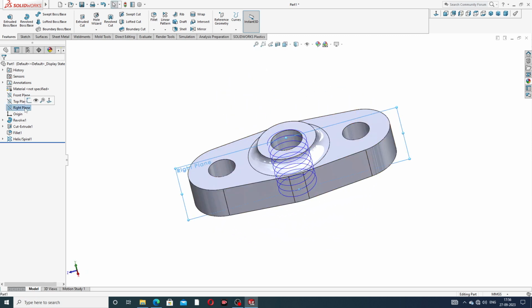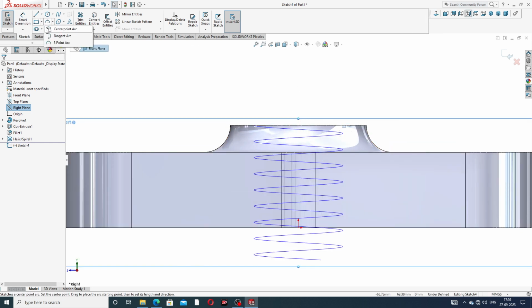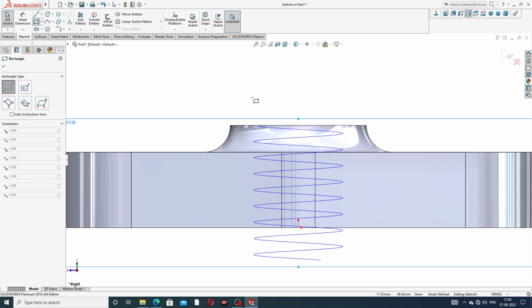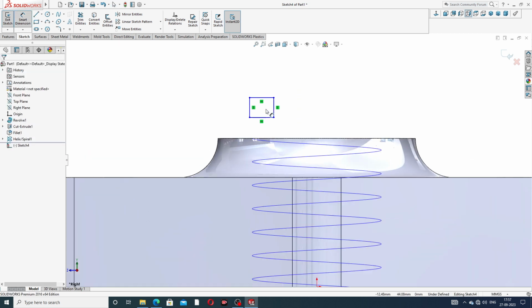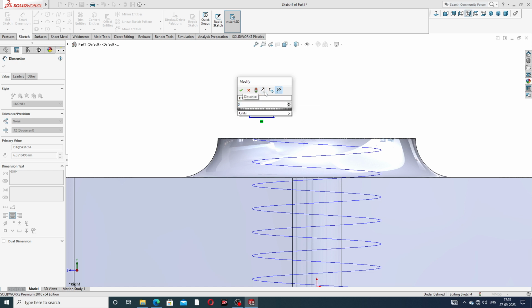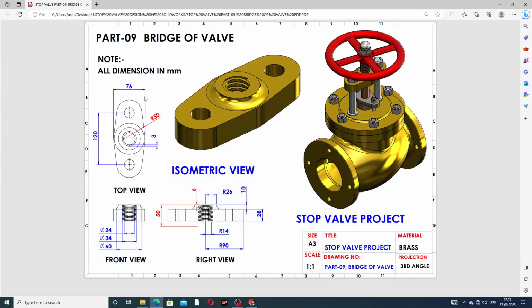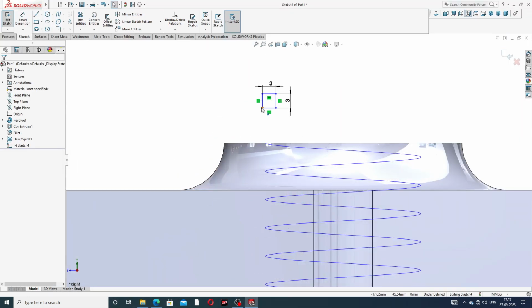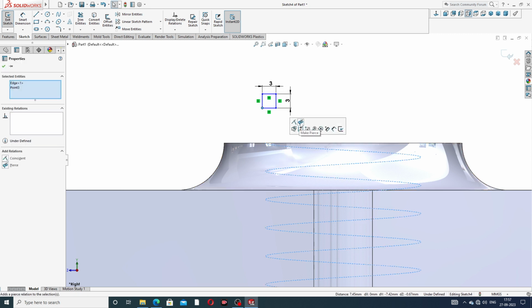And again select the right plane, sketch, normal. Okay, and use a corner rectangle, and draw a corner rectangle here, and this distance is 3 millimeter in length, and 3 millimeter is also the height. Both are equal, because this is 3 millimeter in length and height. Okay, and this point, press control, select here and press the control button, and use this line, select here and use pierce.